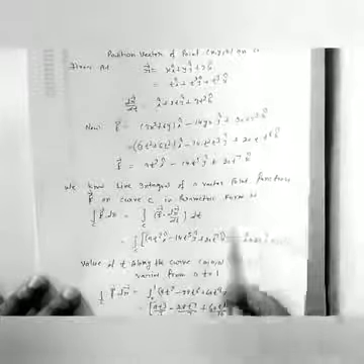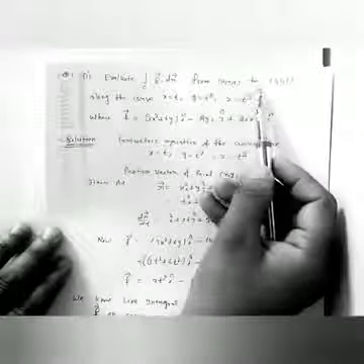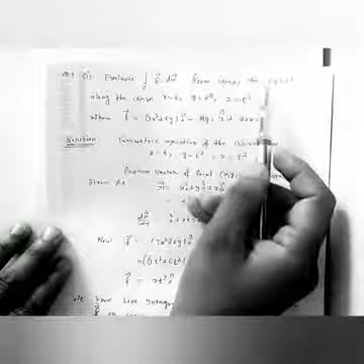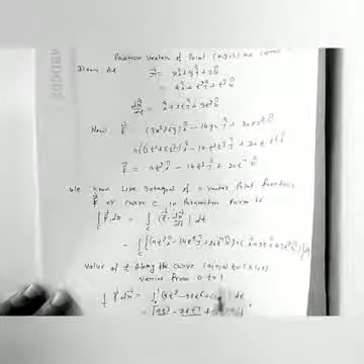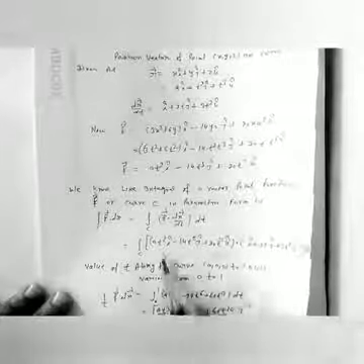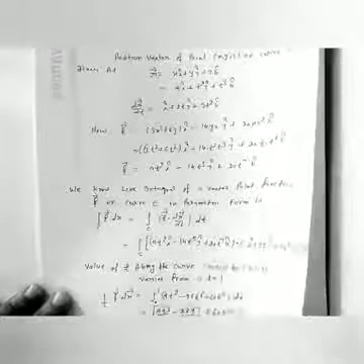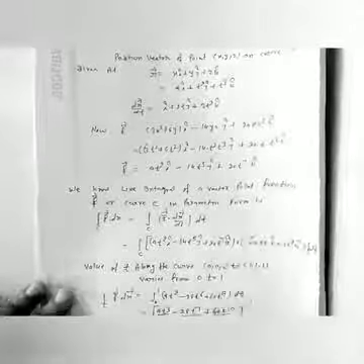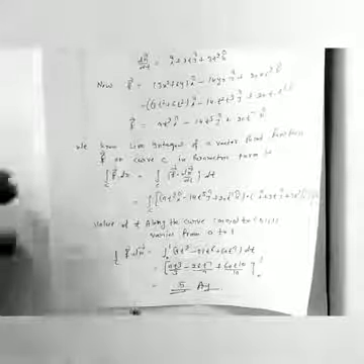And also, the curve varies from 0, 0, 0 to 1, 1, 1, meaning x lies between 0 to 1. So therefore, since x is equal to t, t lies between 0 to 1. So along that curve, the value of t also varies from 0 to 1. Now integrating from 0 to 1 the dot product of these two vectors, and after calculating and solving these equations, we get the answer.